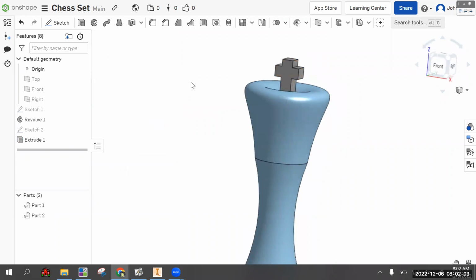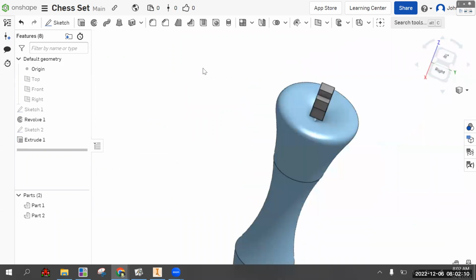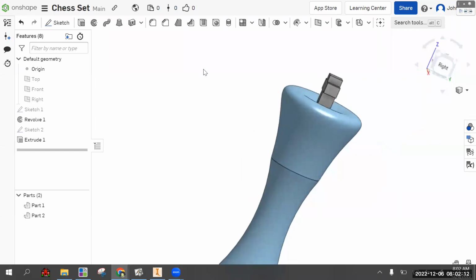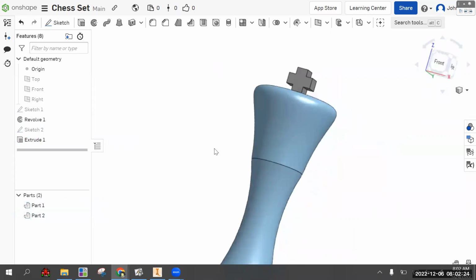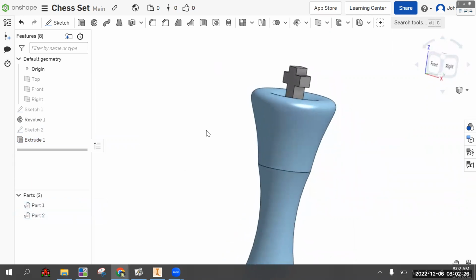Why is it not the same? You can already tell this is going to be an issue. All right, so this works as king, but the problem is, and I can't figure out why Onshape is doing